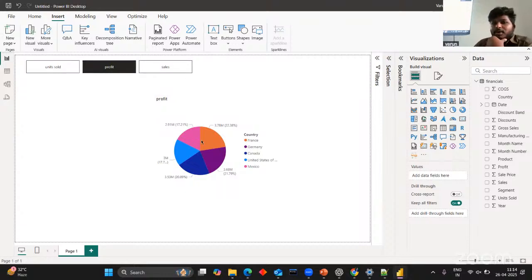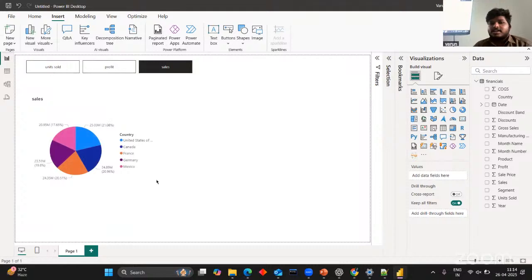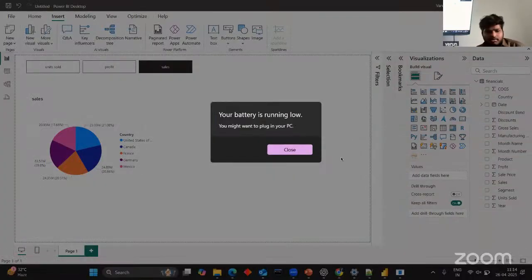See, when I click the profit, it automatically shows the profit values. When I click the sales, it automatically shows the sales. But we need to resize all the things. If we have less space, we need to resize all the things, but we need to set it in the profit's place. But I have only this space. We need all the visuals to come. Suppose I